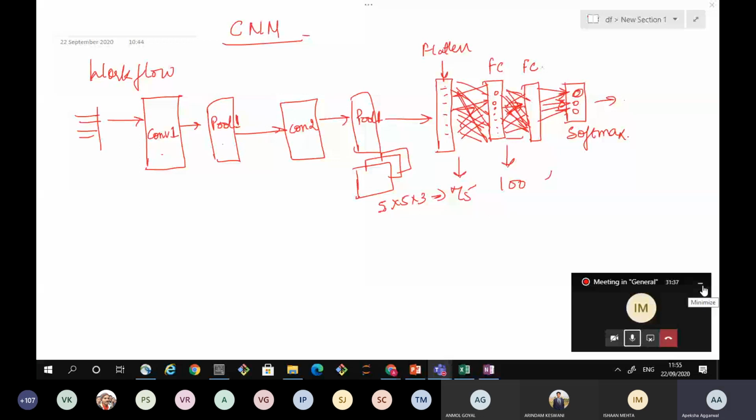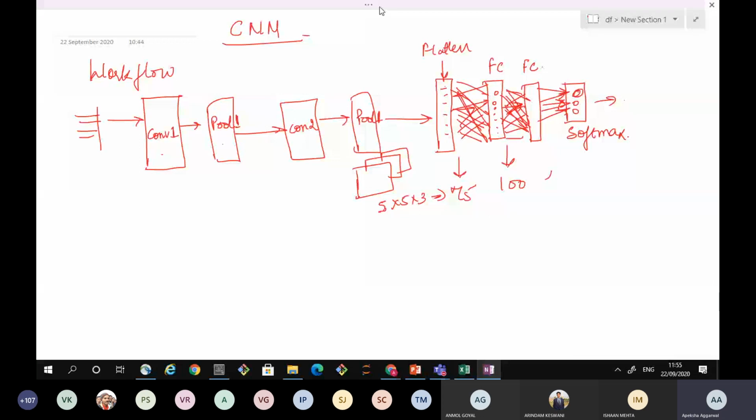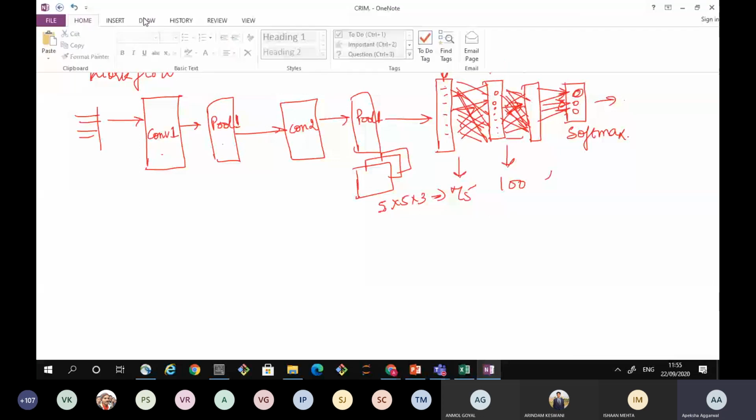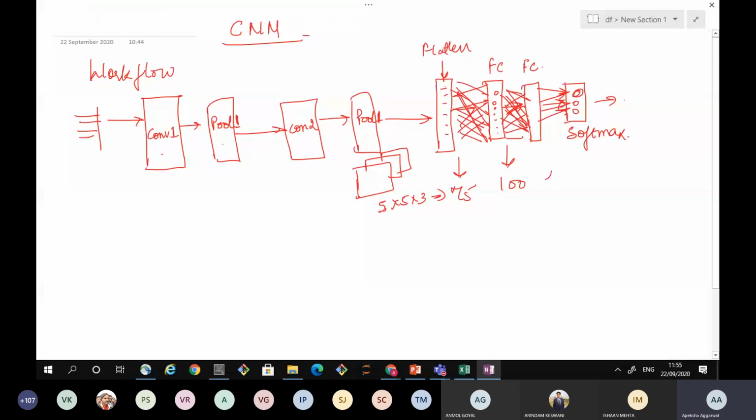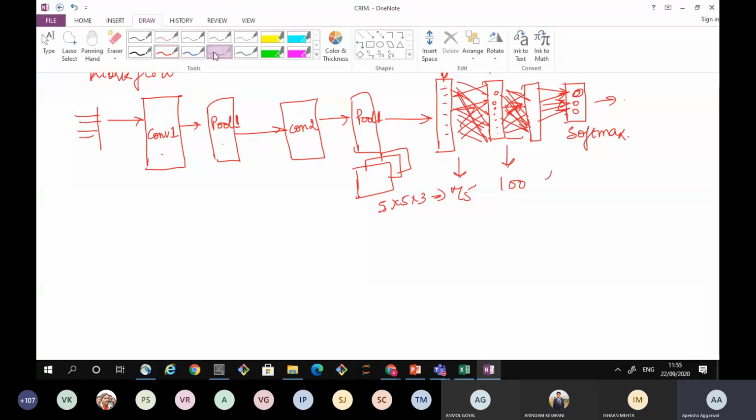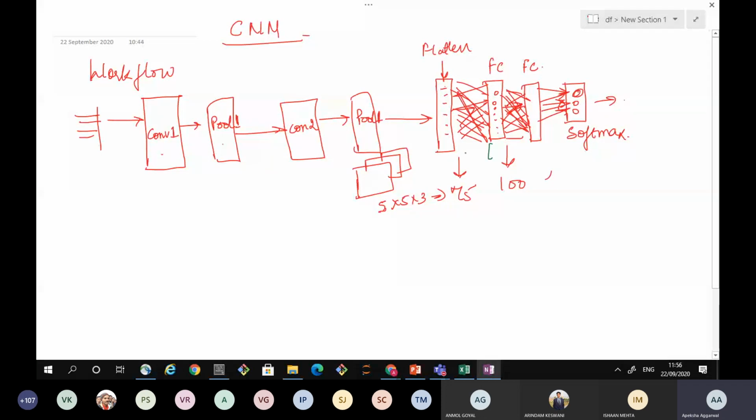So what I was saying was, over here, each and every layer would be having some number of neurons. For this layer, we already know we have some number of weights. If this is 75 and this is 100, the size of this would be 100 cross 75. So the number of weights that you are learning on this layer would be 100 cross 75, right? Similarly, you can calculate for all the rest of the layers. Now for the convolution layer and for the pooling layer, we'll discuss one by one.